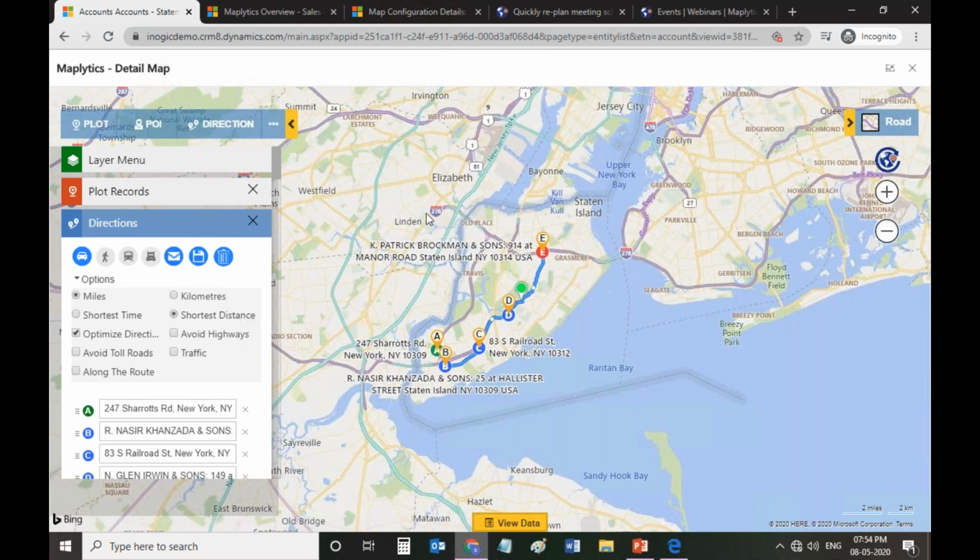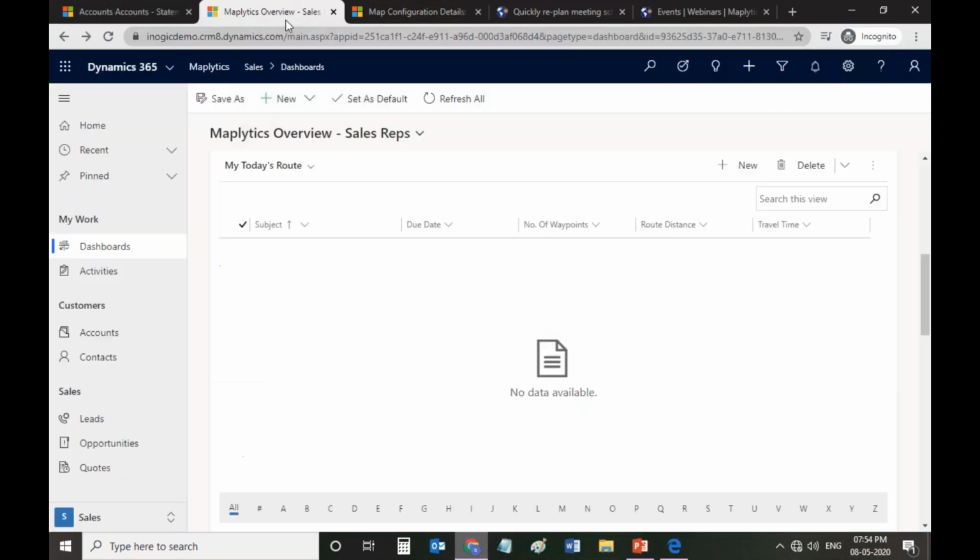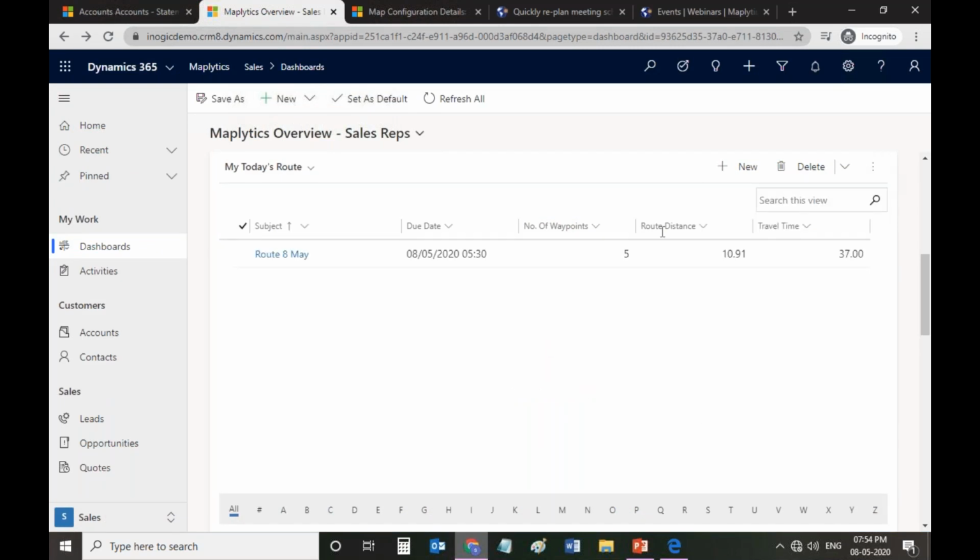Now I'll tell you what is the use of the dashboards in the life of salespeople, which makes it much easier for the salesperson who is going on the field to meet some people. Here I have opened one of the dashboards. Let me just refresh this. You can see that the route I have just created, because I have assigned that route to myself as Sam, has been assigned to this particular dashboard. Whenever the salesperson Sam opens this dashboard, he'll see that this route has been assigned to him, and he'll have to follow this.